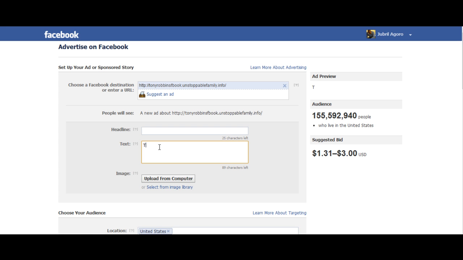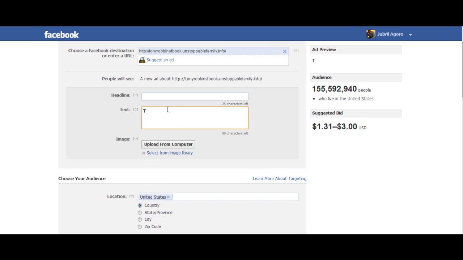Also, do not act like you are that person. Even if you use a named person, you might put Tony Robbins success story. They're not thinking that that's Tony Robbins. Or you might put Tony Robbins inspired me, maybe something along those lines. But don't act like you are that person, because when those people see it, they will get upset.